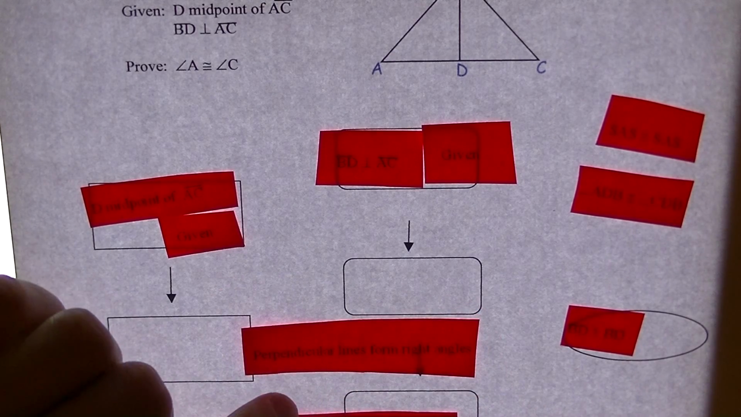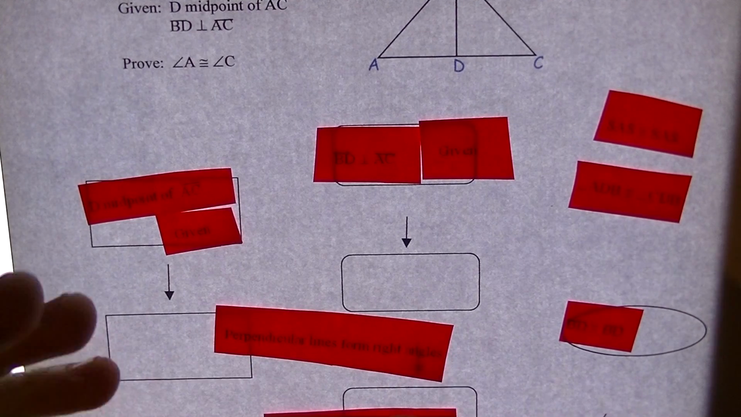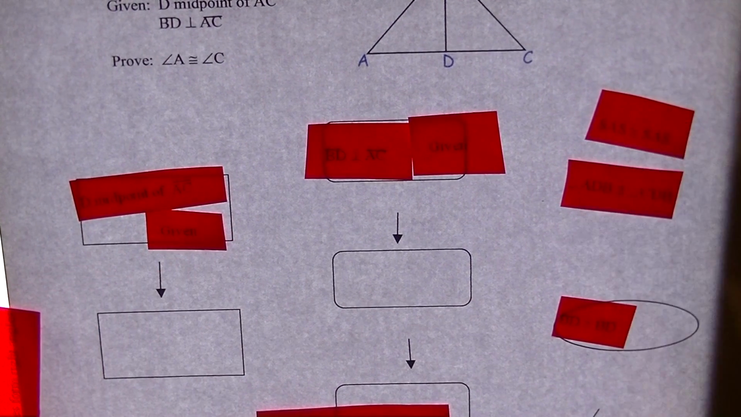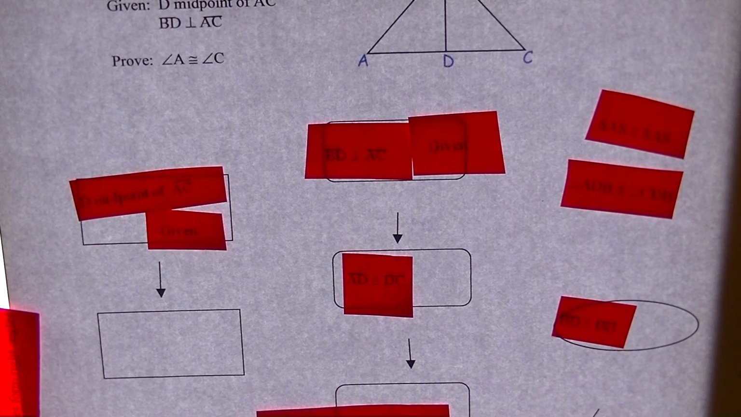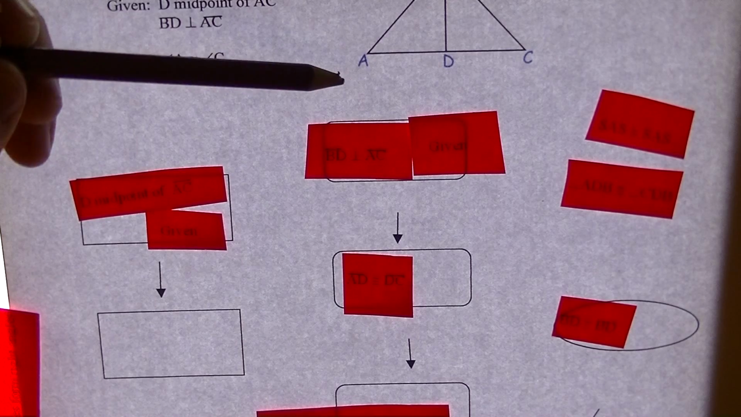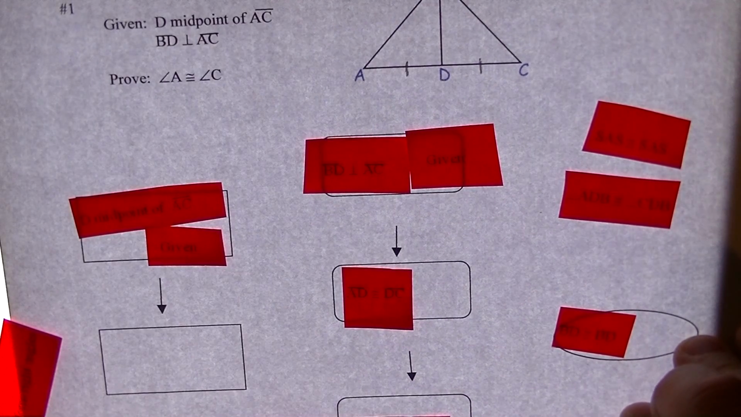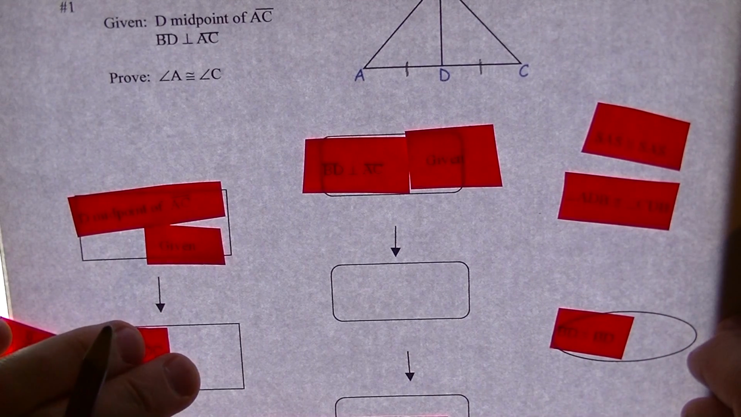Perpendicular lines form right angles. That sounds more like a reason than a statement. So maybe I'll start putting my reasons over onto this side. My statements are up here. Let's see. AD is congruent to DC. Well, if D is the midpoint of AC, then yeah, AD is going to be congruent to DC. So that's there. And the reason I can say that is, a